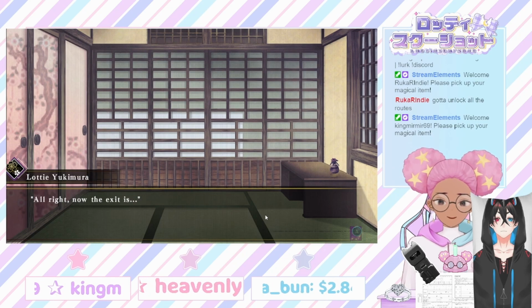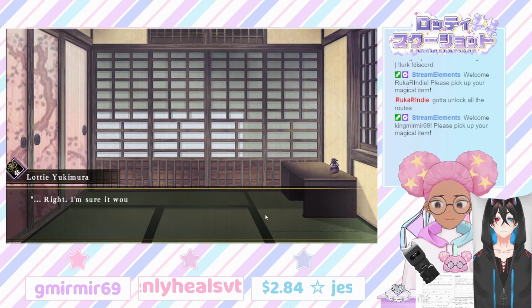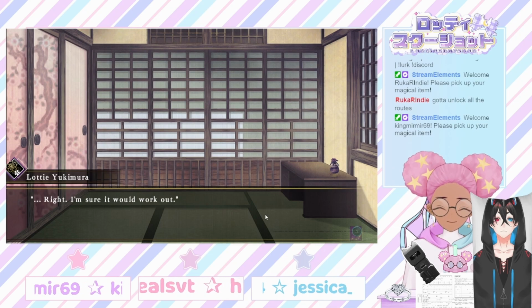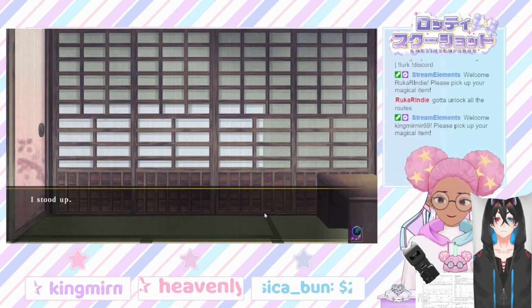Alright, now the exit is... I cast my memory back to when they brought me into the building that night before. Right, I'm sure it would work out. Oh my god, please don't escape. I chose the option, but now I'm kind of scared. I know we're gonna survive this, but...